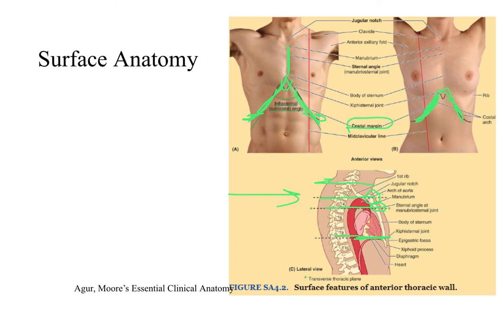So what that should tell you is that anywhere between T5 and T9, that's where your heart's going to sit. So if you're looking from the back and you're trying to assess where did that gunshot wound enter and what might it have hit, if you figure out that you were between T5 and T9, pretty good bet that it might have hit the heart if it's on the left-hand portion of the